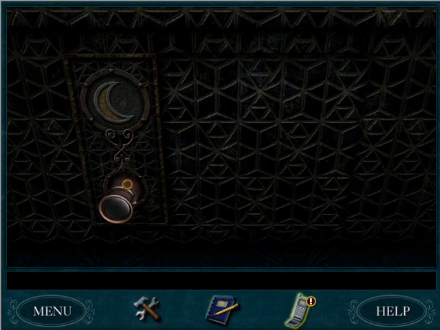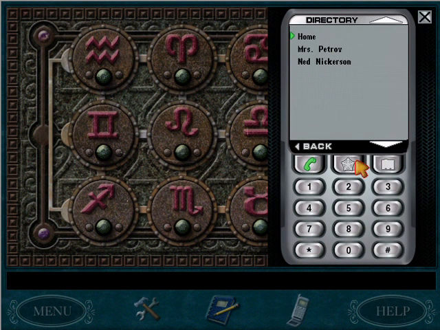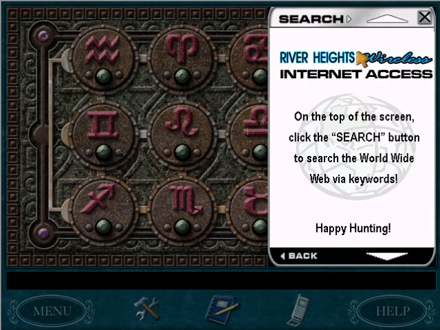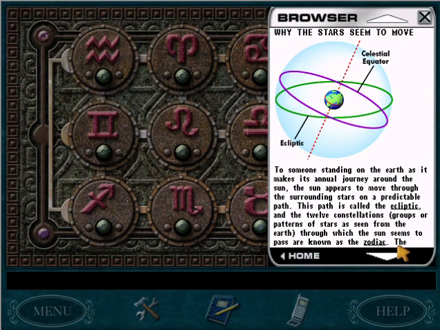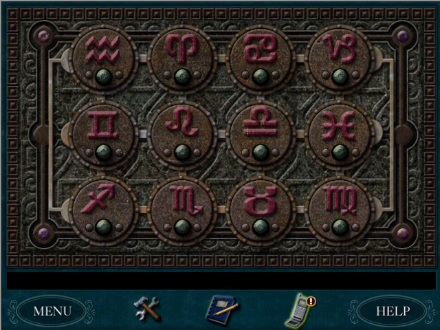What do we think? Aha! Okay, so these are all like star signs, like astrological signs, and basically we just need to put them in order. And I believe we can find the order by going to the web and searching. Yeah, yep, so then this gives us the zodiac symbols in order. So if we were to read that article, which I already have, we would know Aries is first, and then